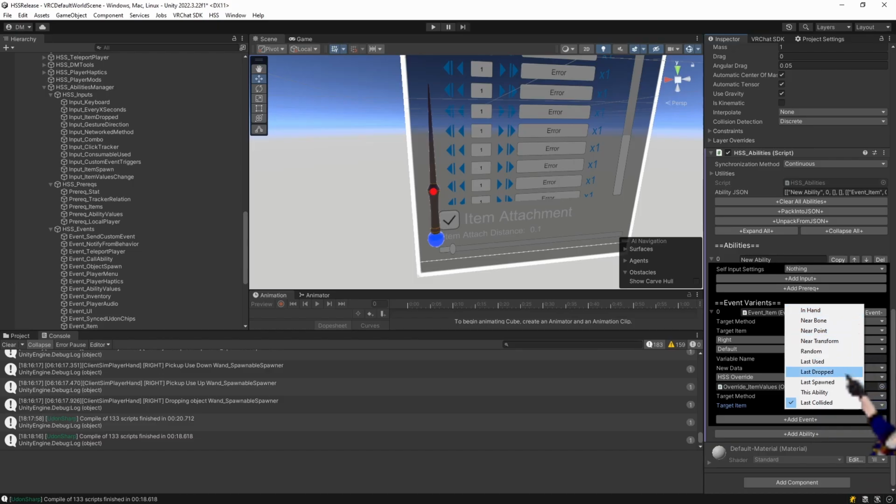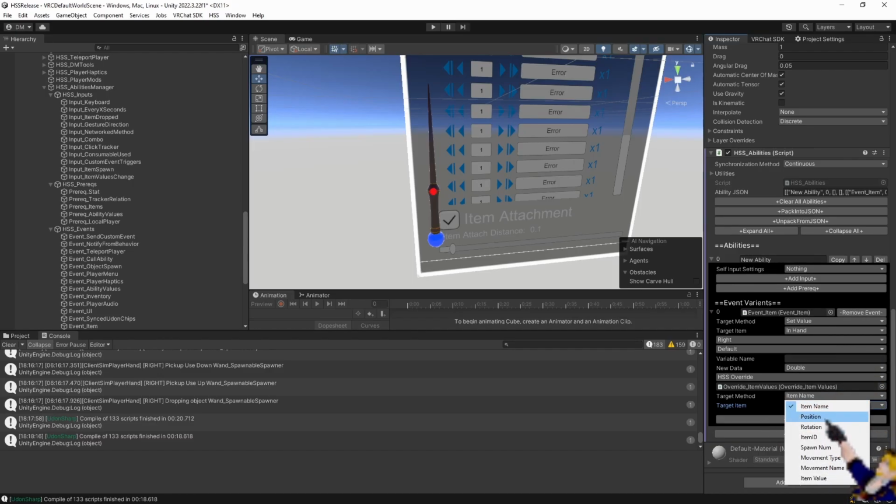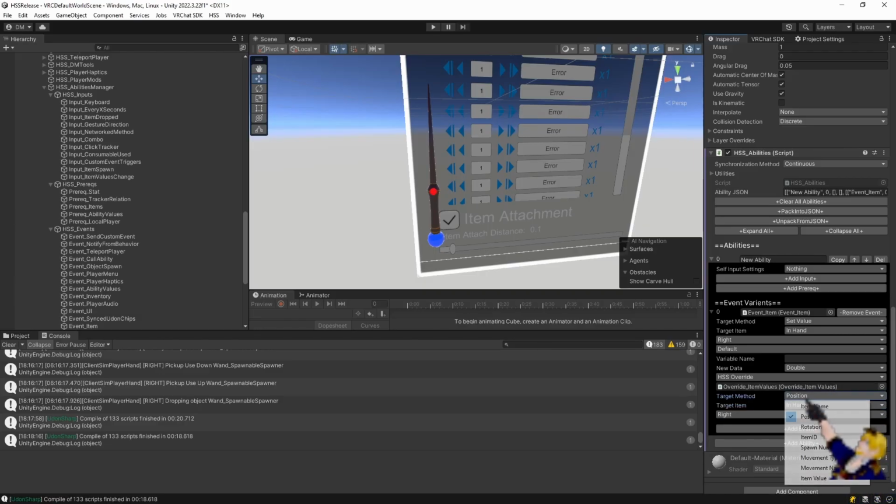So you can specify the target methods. We have the item name, so that's just going to be the actual item name, not the item value. Sorry, there's more that it actually specifies. You specify the item, specifically their name, their position, the rotation, the item ID on them, the spawn number, which is associated with the number that when you spawn them as placeables, interactables, whatever, they have an associated spawn number. The movement type,